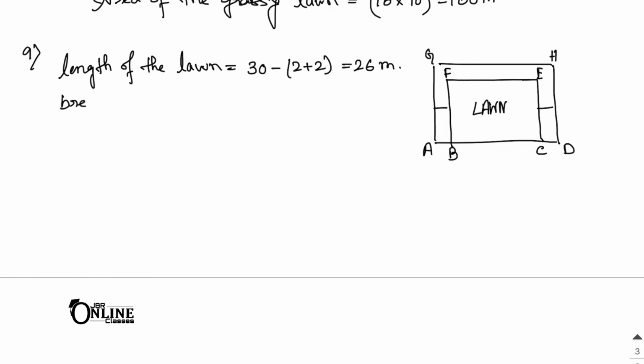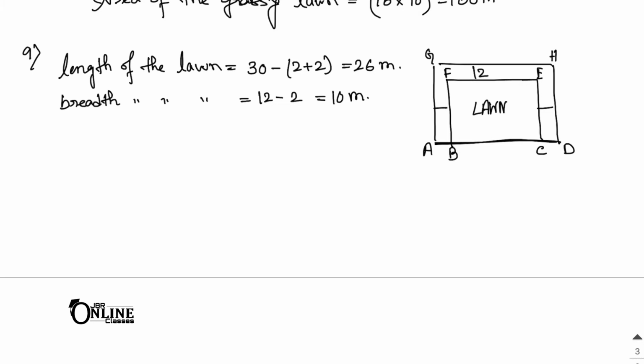Okay, as well as breadth. So breadth of the lawn equals, as the total breadth equals here 12. Here 12 minus only 2, because there will be only one side where there is 2. Okay, this portion has no white section. Here the flower beds are only on one side in the breadth, the other section will have no flower beds. That's why here you have to subtract only 2 from 12, and that equals 10 meter. Okay, so that means the length of the lawn equals 26 and the breadth of the lawn equals 10 meter.